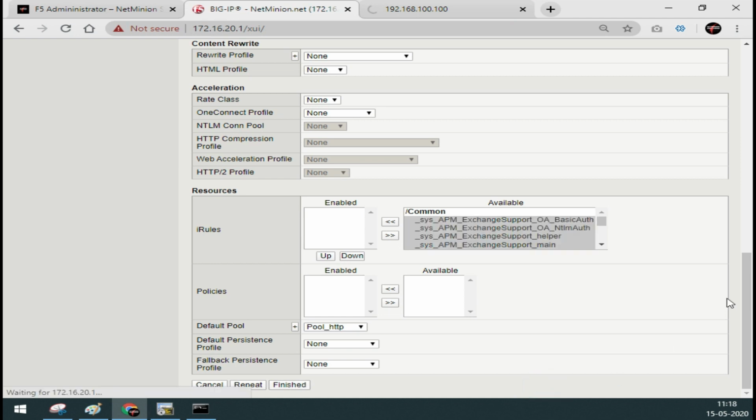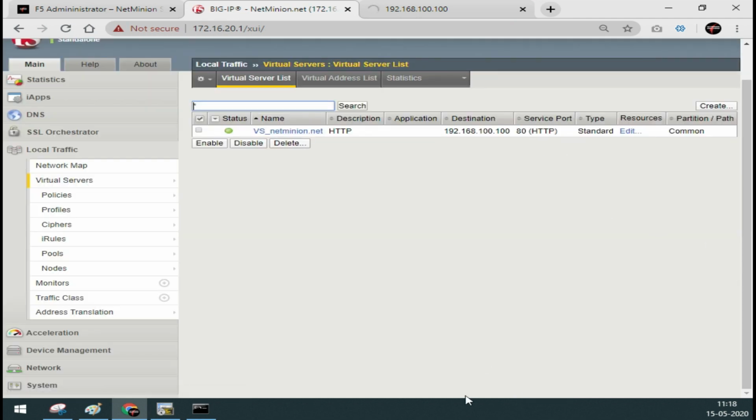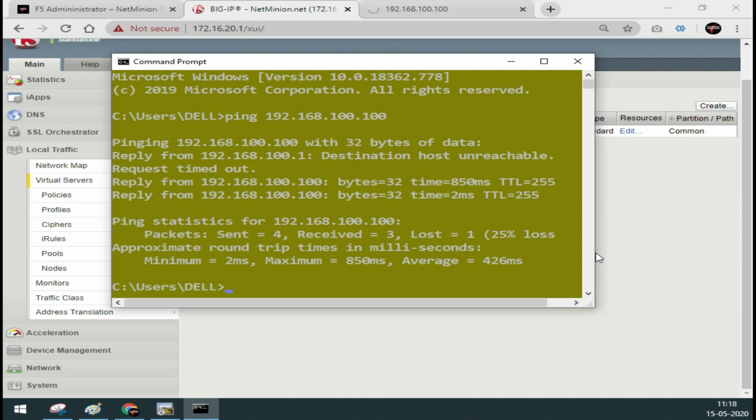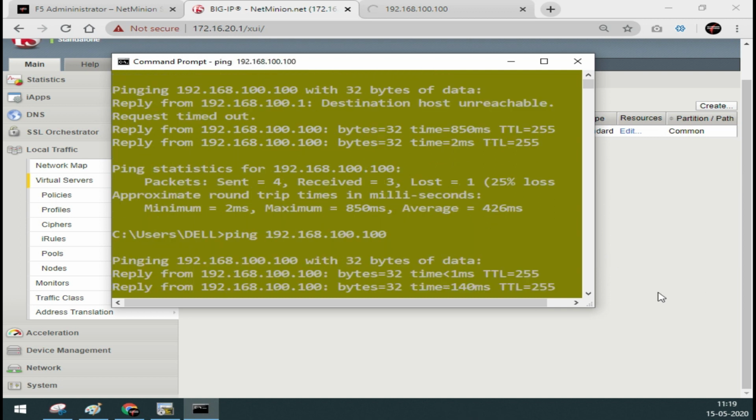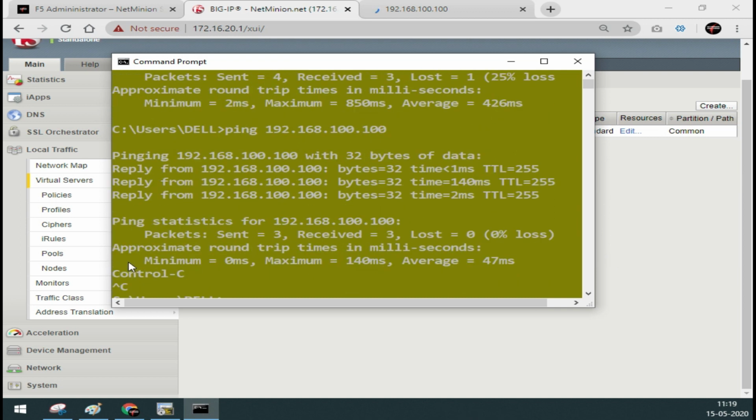Okay, let me finish it and let me check what the server is. You can see that currently it is reachable and it is responding to the ping request. Let me refresh it again with Control F5, and you can see something is running in the background, and the circle is going away, and with my F5 it shows what kind of servers can be used.